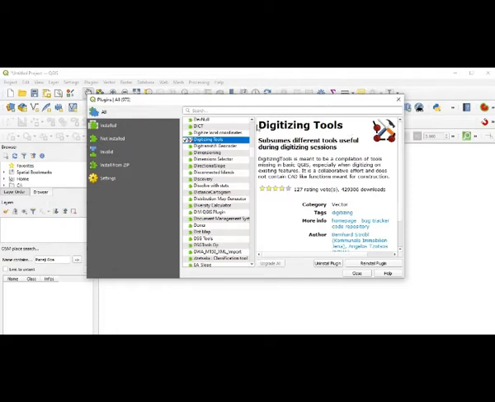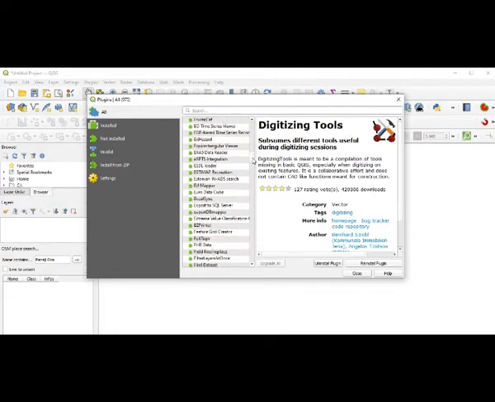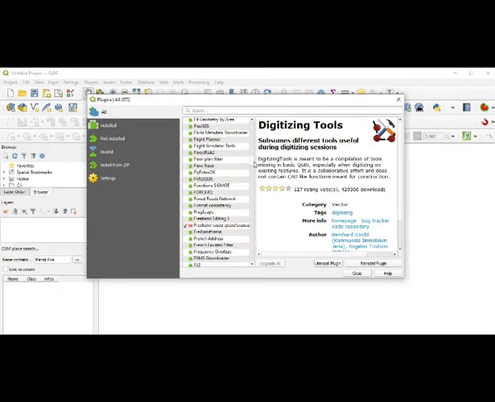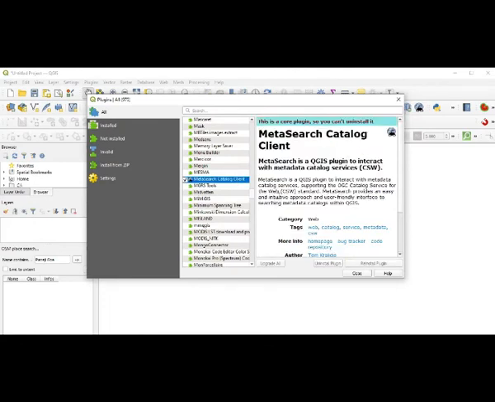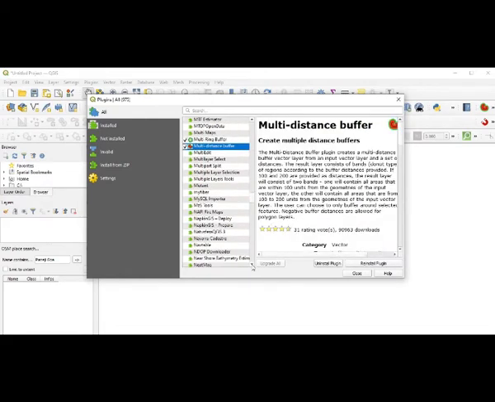So like that, there are going to be many such plugins, for only distance measurement or area measurement, or maybe only for freehand georeferencing or just georeferencing. There are going to be so many things, of course, depending on your objective. You can activate most of these or almost all of these depending on your objective. And here, there are so many things which I have also gone for, like the MetaSearch Catalog Client. And here you can also see there are various things that you have to go for. Multi-ring buffer I have activated. Multi-ring distance buffer I have activated. So you can take so many things.